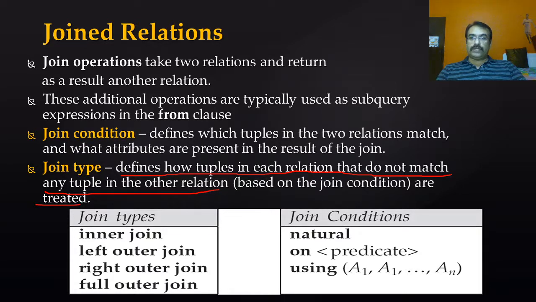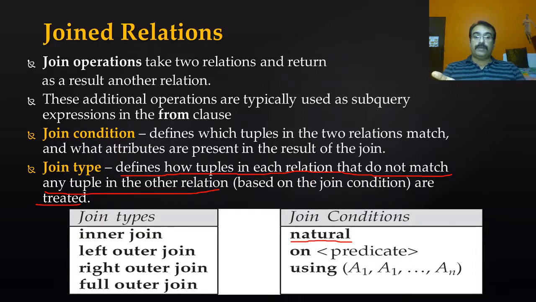Now, what is join operation? Join operation takes two relations and returns one as a result. It can be used in a subquery. We have a join condition. The join condition can be natural. If the join condition is natural, then equality will be imposed on all the common attributes, as we have seen in the example of B and D. With the AND condition they will be put together and all should be equal to those of the other relation. That is natural.